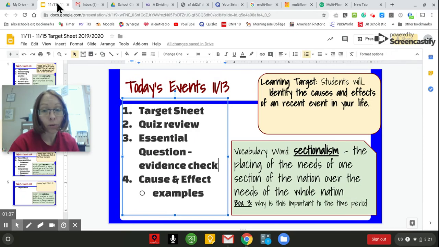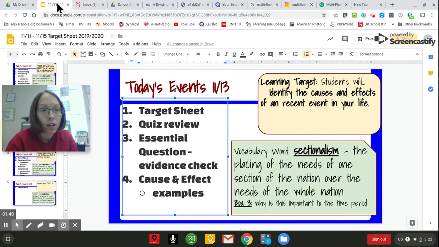And our box number 3, why is this important to the time period, is as these areas, these regions start to develop differently, they start to have different needs. And they start putting their needs over the needs of anybody else's, including the entire country. So the need to get rid of slavery becomes really important to the North. The need to keep slavery gets really important to the South. The need for railroads and factories in the North start expanding. So the national government now has to balance all of these and try to give everyone a little bit of